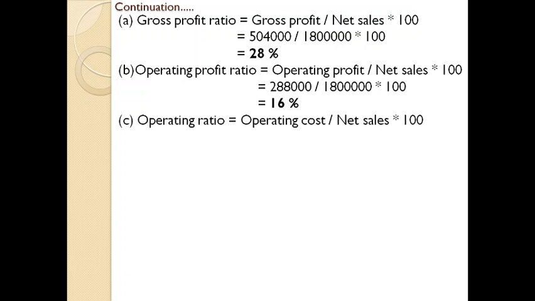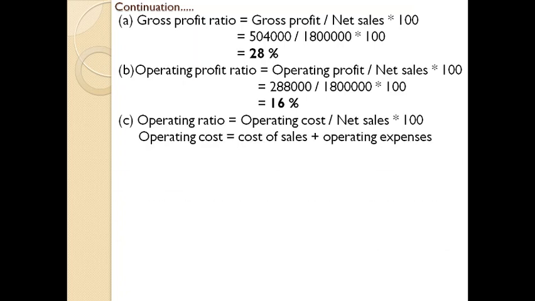And the next ratio you need to find is the operating ratio. Remember, the operating ratio is a ratio that comes under profitability ratios, but under this we study the percentage of operating cost. So you may think that under profitability ratios we will study only ratios regarding profits. But remember, in the operating ratio, we actually study the ratio of operating cost to net sales, meaning how much of the sales amount has to be set aside so as to continue the business. So from the operating ratio, you are going to find operating cost by net sales into 100.